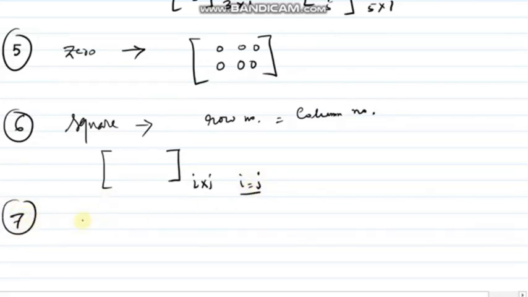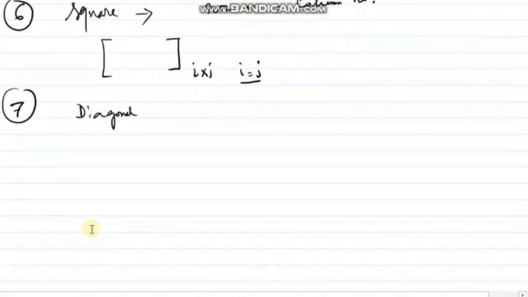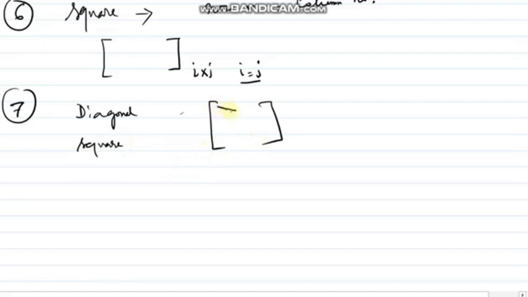Next one, diagonal matrices. Many times you will read that definition. Please read very carefully. Diagonal matrices is when all its non-diagonal elements are 0. First of all, when do we get the diagonal? When it's a square matrices. So to get diagonal matrices, it has to be a square matrices. And this is my principal diagonal. So a diagonal matrix will form like this: 1, 2, 3 and all non-diagonal elements to be 0. Okay, so this is known as diagonal matrices.